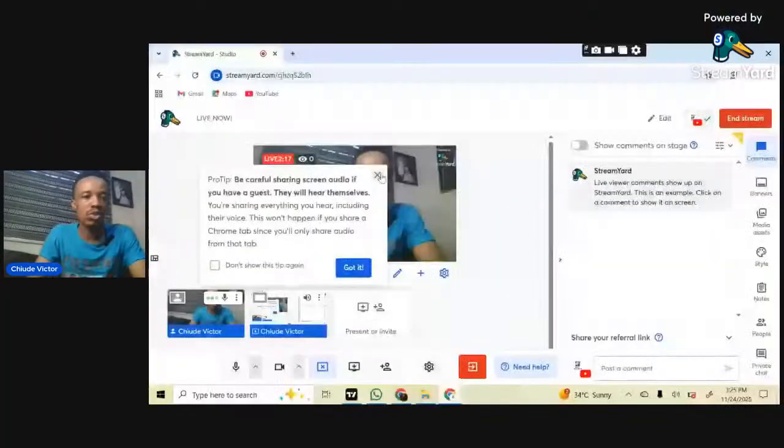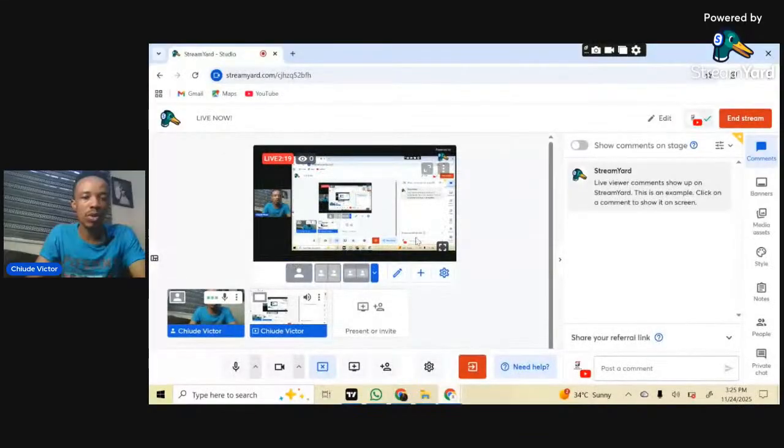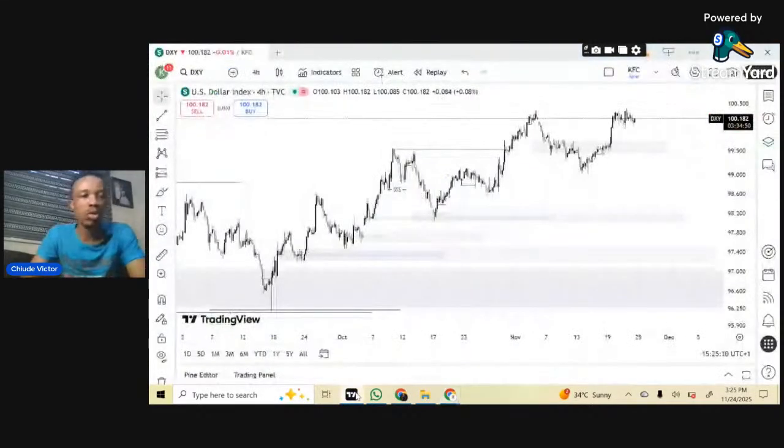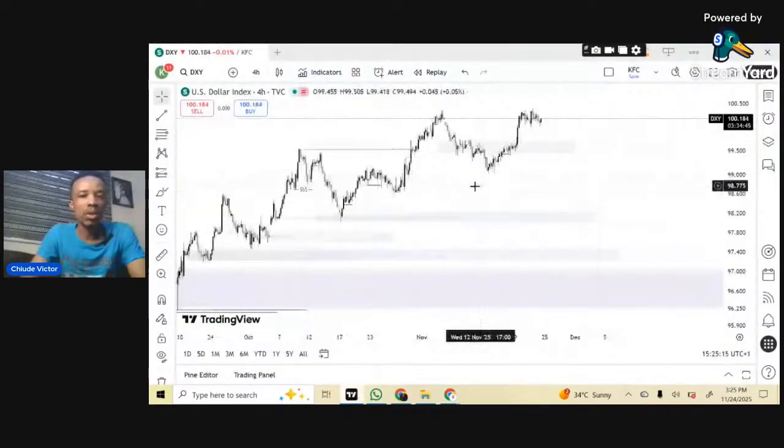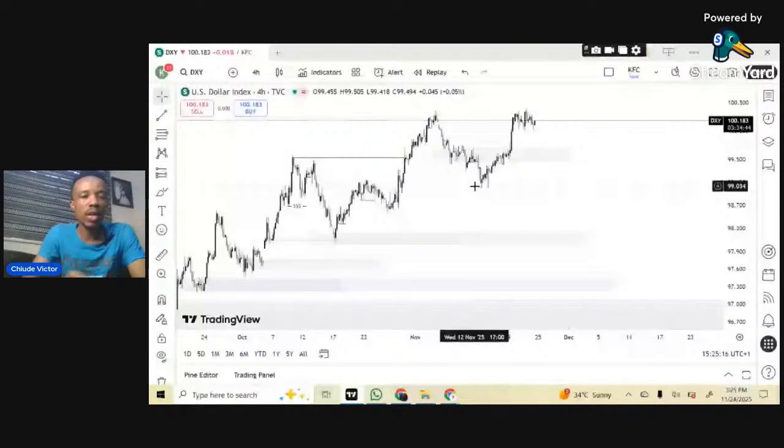So one thing you should try and do, for those of you who already know how to analyze the market, is always do a thorough top down at the close of the week, so you can have a picture of what the market will be like in the opening week.